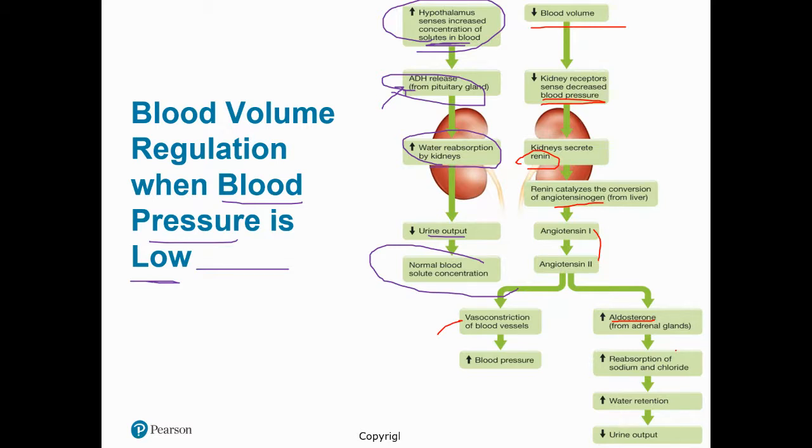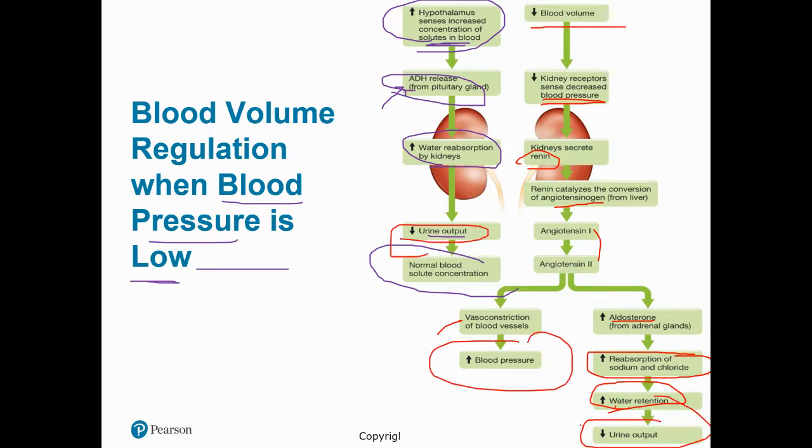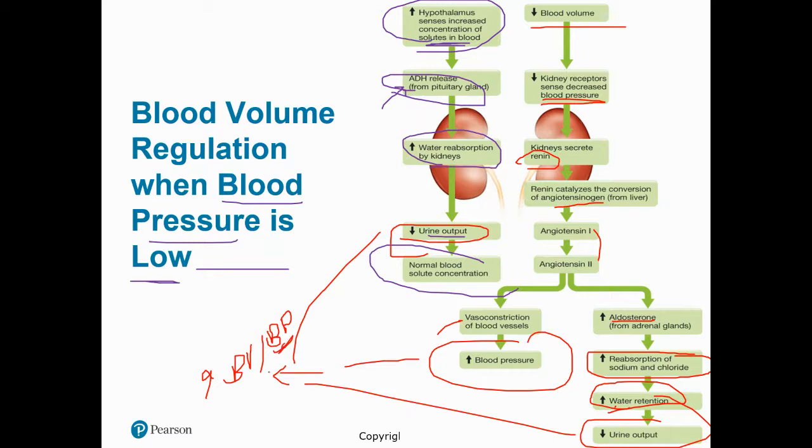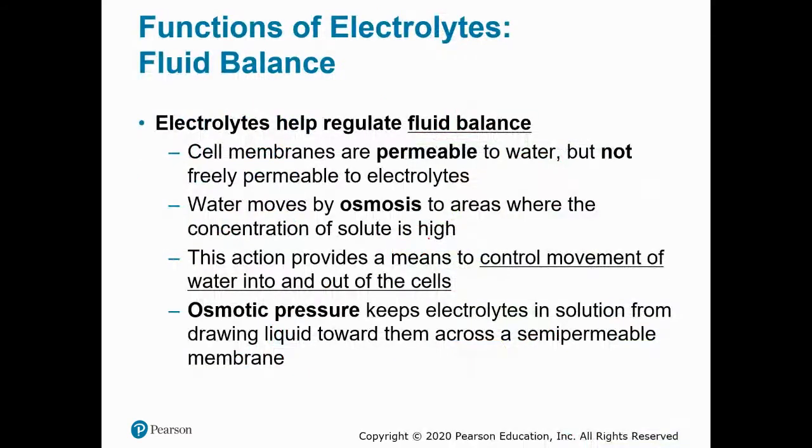And aldosterone's job, again, was to reabsorb these two major ions, which causes water to follow. So water is reabsorbed. Again, ultimately, all three of these are having the same effect, which is to increase blood volume or increase blood pressure. I guess I should say specifically blood pressure, because vasoconstriction doesn't directly influence blood volume. Okay, so then